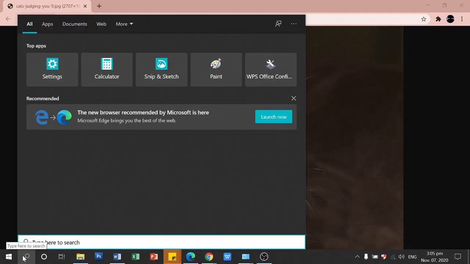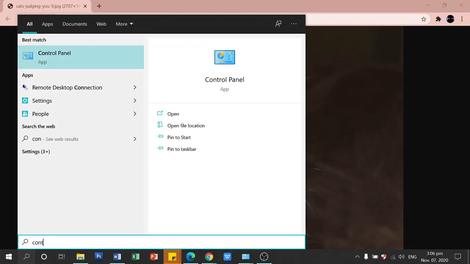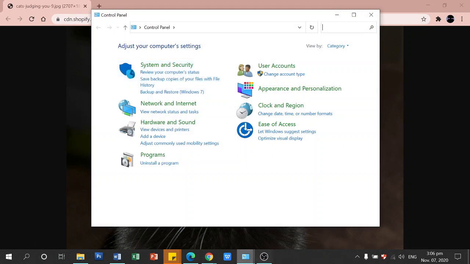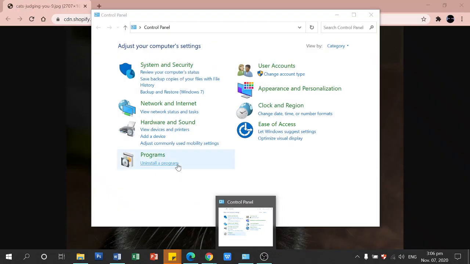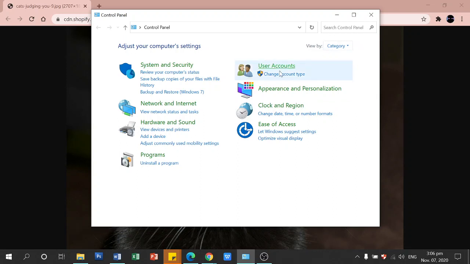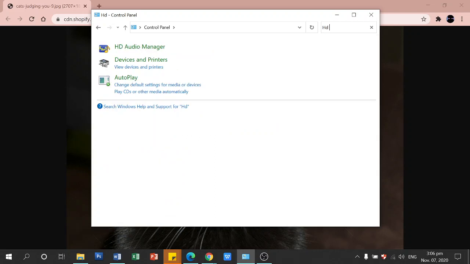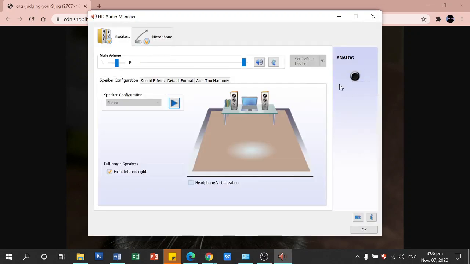Let's say you go here, type in the search here, and then you search for your control panel, and then you open your app. See, I've got 4 open, so let's remove the things we don't need. And so you search for HD audio manager, this one, and you click on it, and you click this one, this analog type of thing,